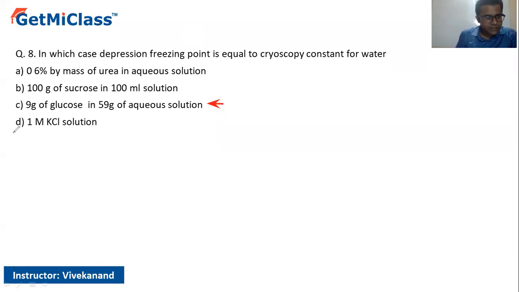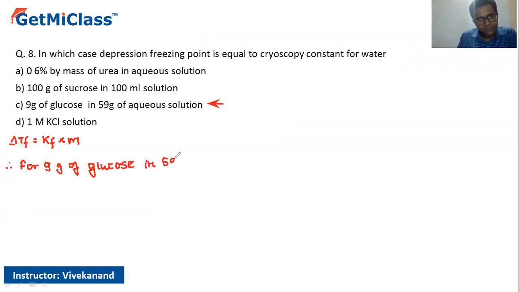Now, when we start with this, first thing is, of course, I'm going to take into consideration delta Tf is equal to Kf. Why did I take this? Because I wanted to understand about the cryoscopy constant. Cryoscopy constant is nothing more than the depression in freezing point constant. So now, we have taken into consideration 9 grams of glucose in 59 grams